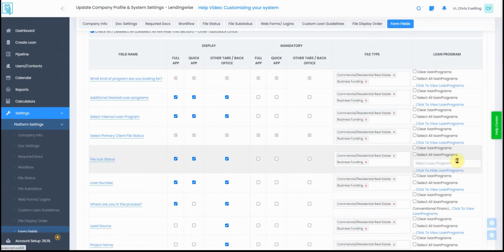And then you can control welcome emails during the completion of any of these forms, right? A thank you page. And so, for example, on the quick app, you'll have these URL links or this HTML code to embed the web form accordingly. And then a couple of default statuses that the file will go into if somebody fills out the quick app